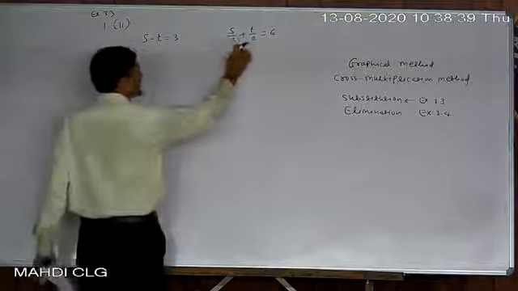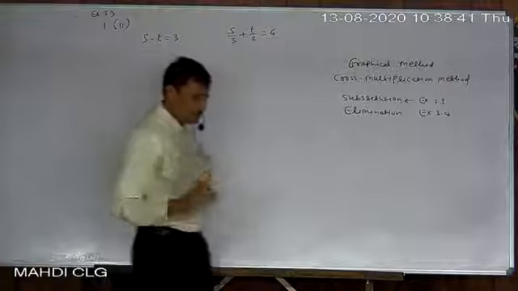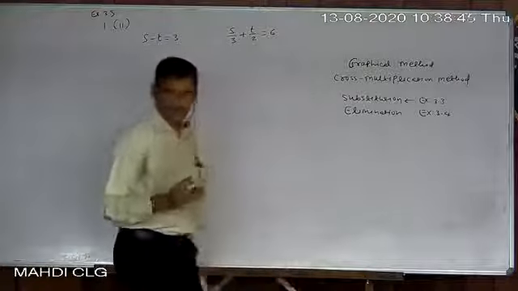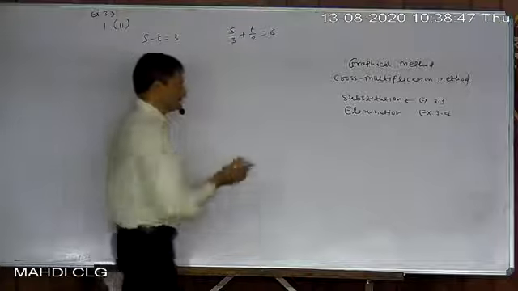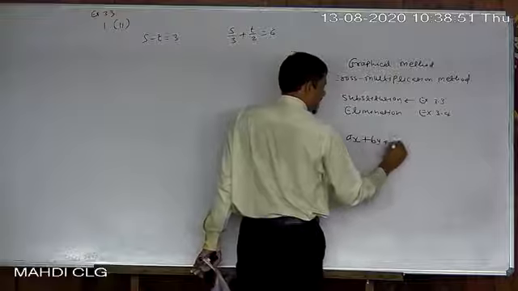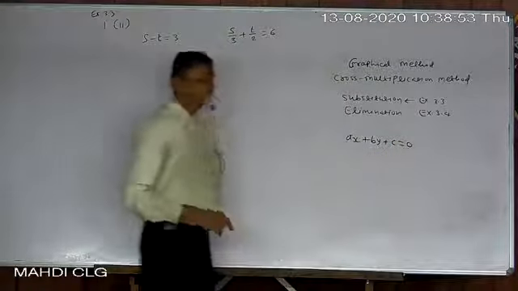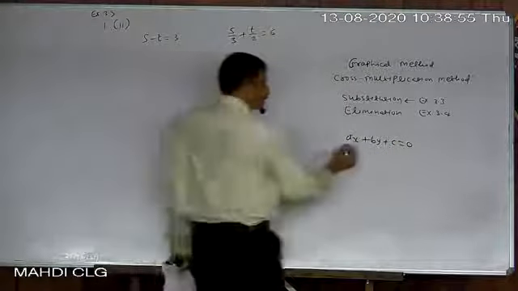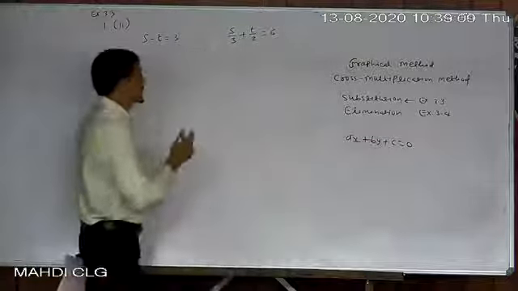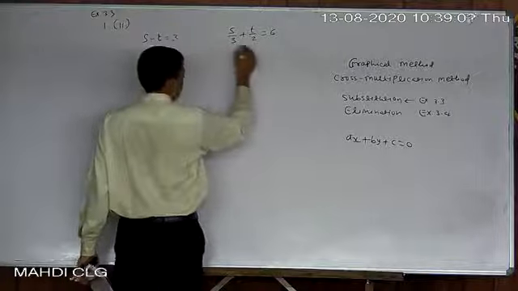Now let's simplify here, because mostly the equation is near to standard form. In standard form, ax plus by plus c equal to 0. I gave you that yesterday. So in this way, no denominator should be there. So just remove the denominator. Take the LCM or cross multiply.